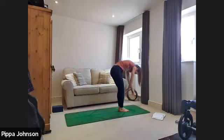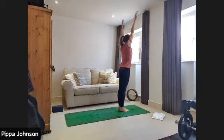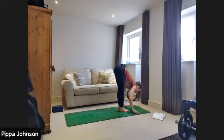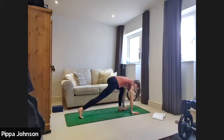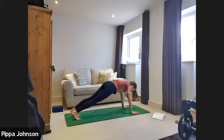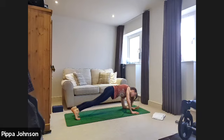Inhale as you rise, rolling through the spine as you lift up, hands lifting. Exhale, come back into fold. Halfway lift, inhale. Exhale, folding, step back into plank position. Holding plank. So bring the left forearm to the ground, turn it slightly on an angle so your fingertips are